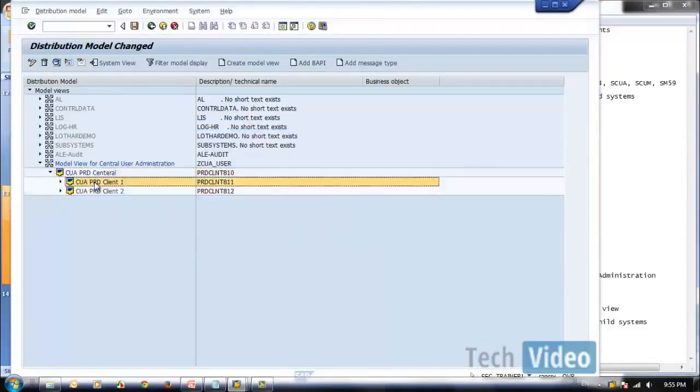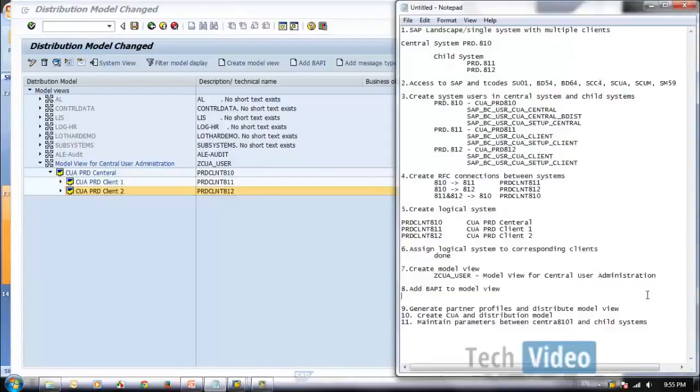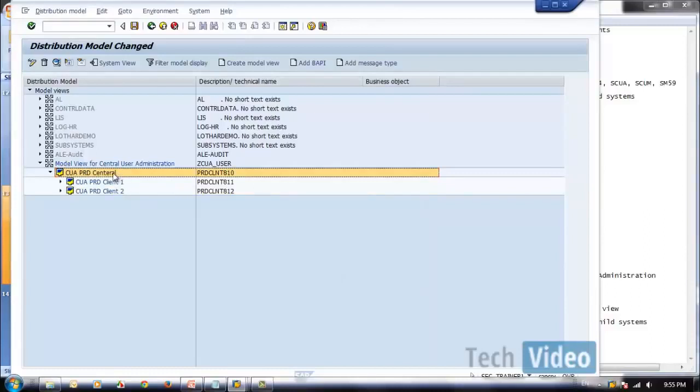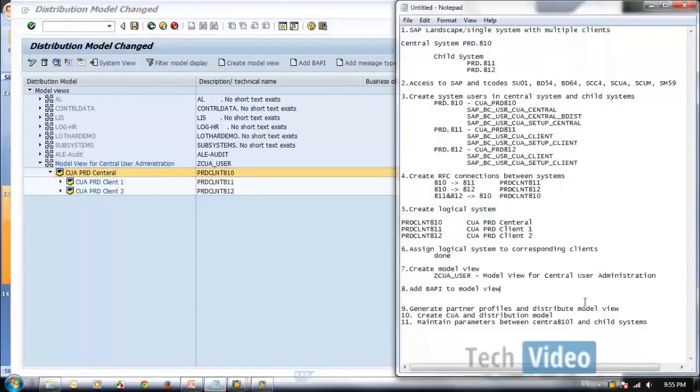So we added two clients. So this is a central system, this is client 1 and client 2. So we created the BAPI model. Can we copy this? Okay, perhaps we should put it in a Word document, then we can put the screenshot to have the proper documentation. Okay, done.